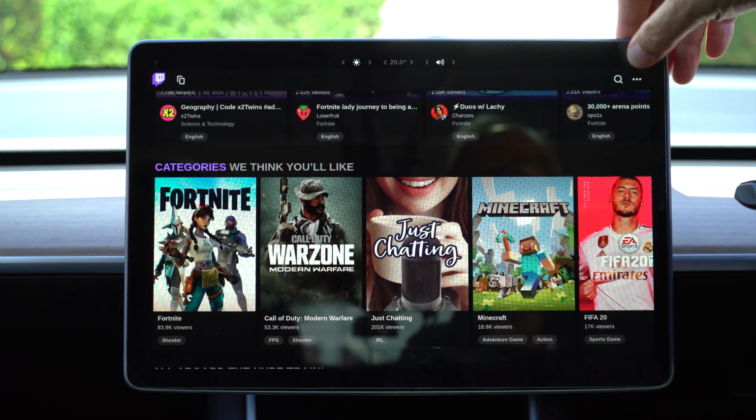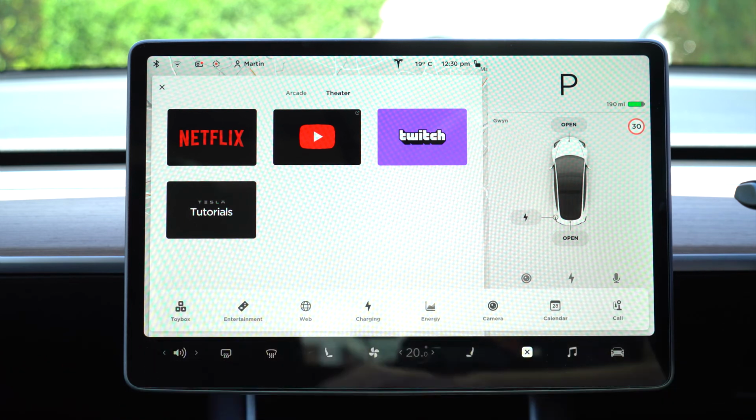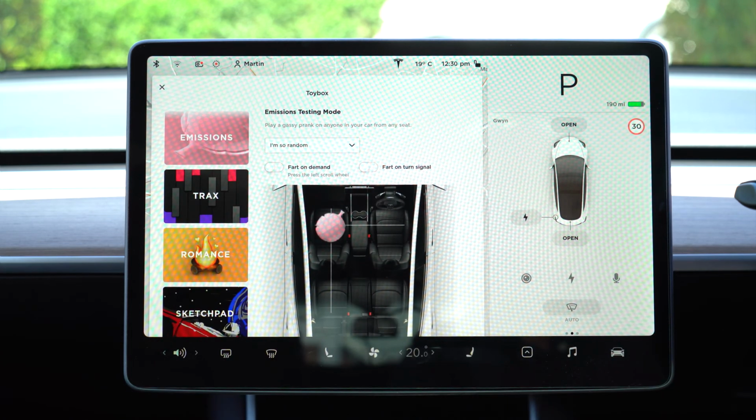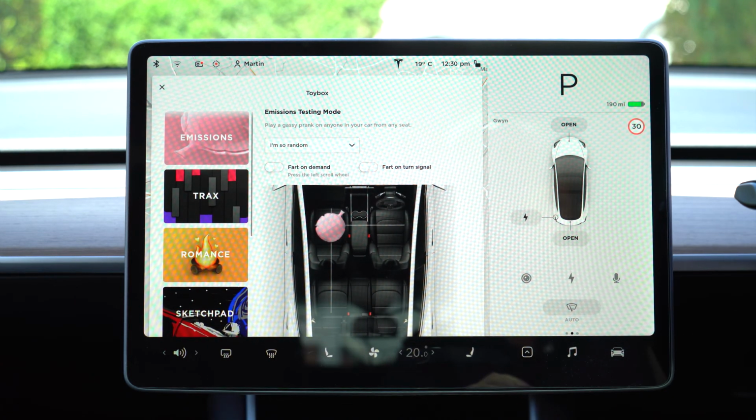There we are. And then some tutorials. You've got some sort of Tesla tutorials there as well. So that's your arcade and your theatre. And then the final button along this option here is the toy box, and this is where you've got all the sort of fun things like,